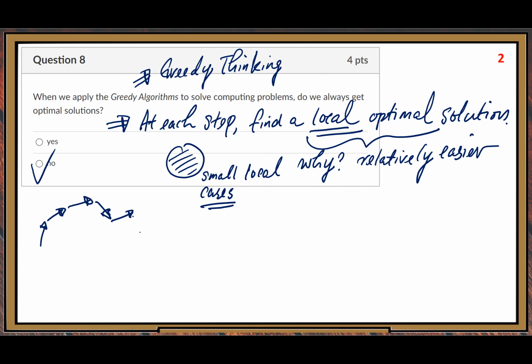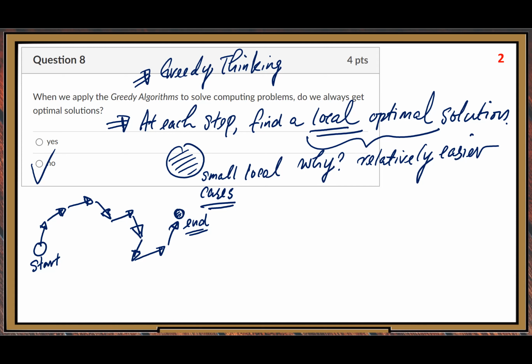But your step, you can move in some random way. After you get your destination, your starting point here, end point there,